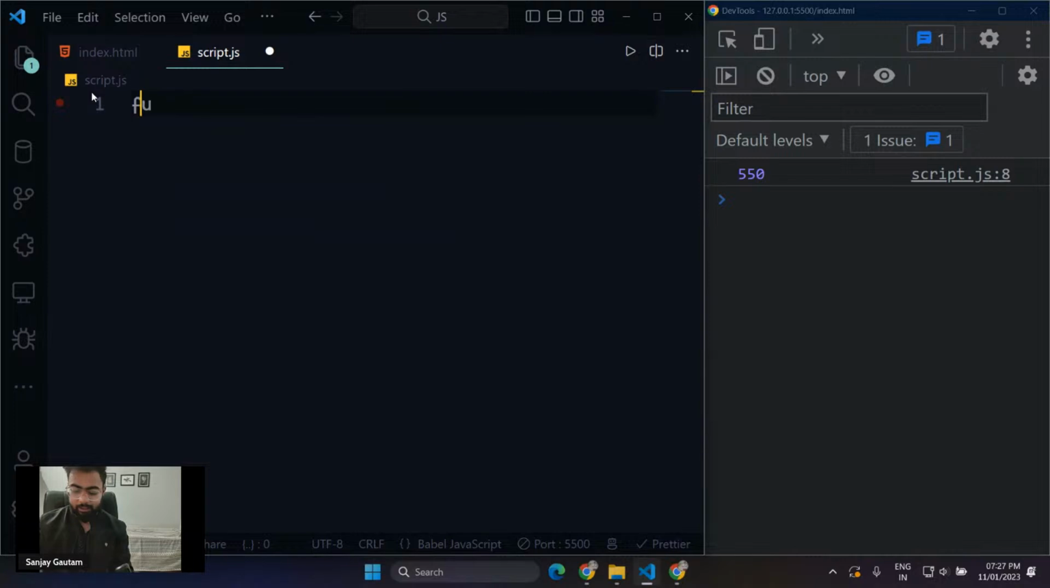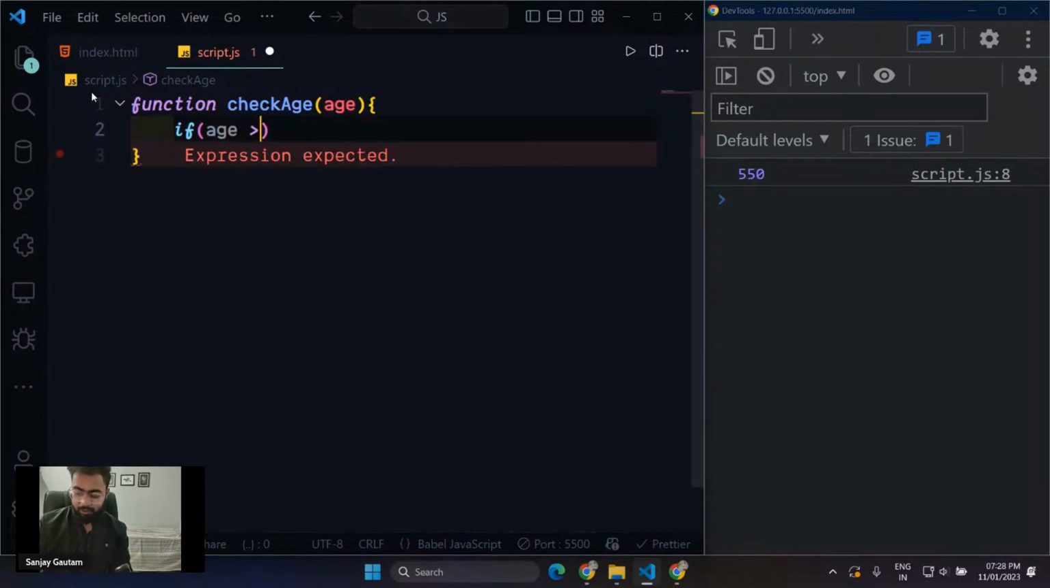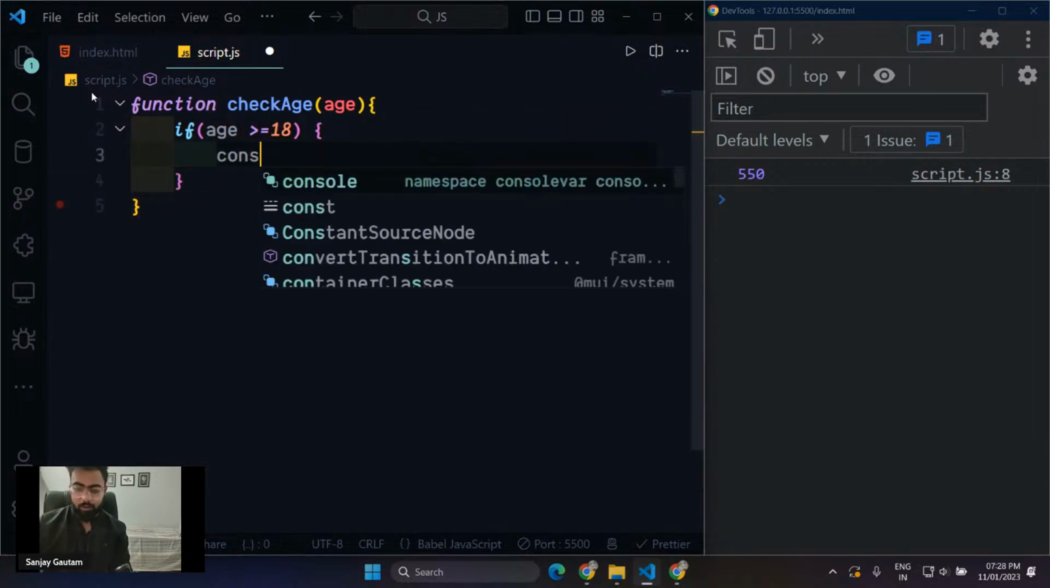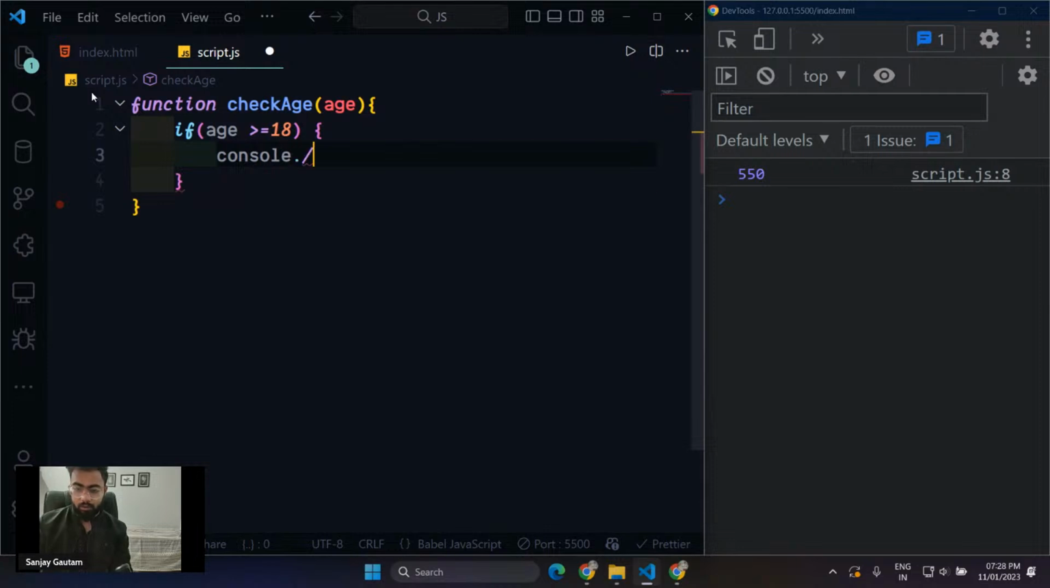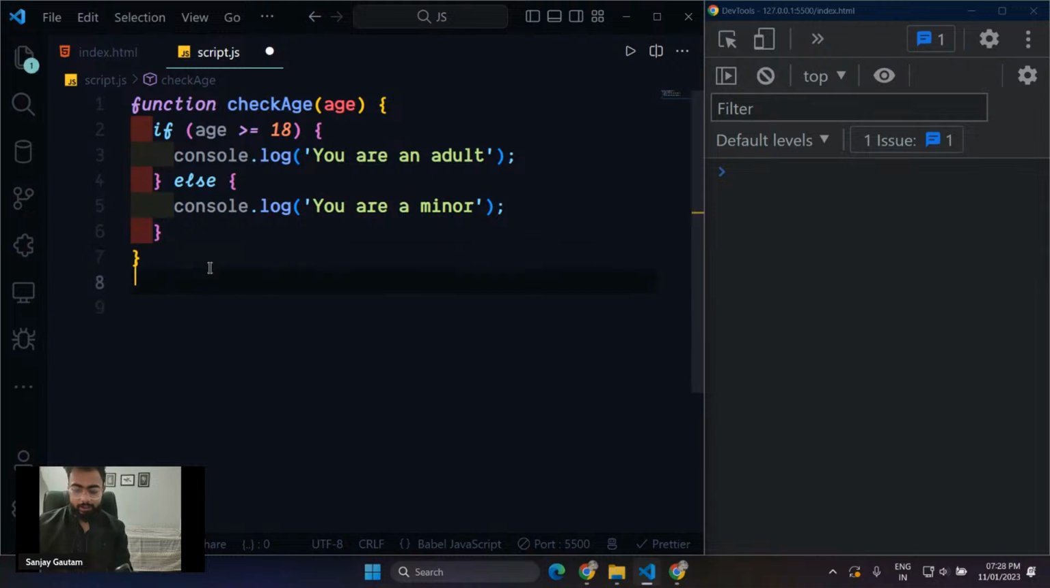So let me just create a function checkAge here, and this will just take a single argument, age parameter, sorry, and it will just see if the age is greater than or equal to 18. In that case it will just console.log here, you are an adult, and otherwise console.log, you are a minor. And I can just call this function with any age, let's say 22, and I'm getting